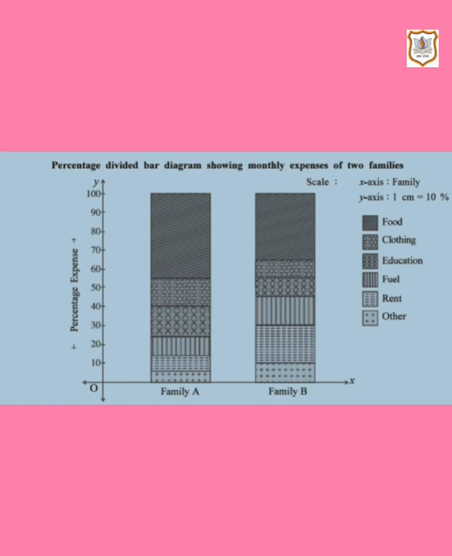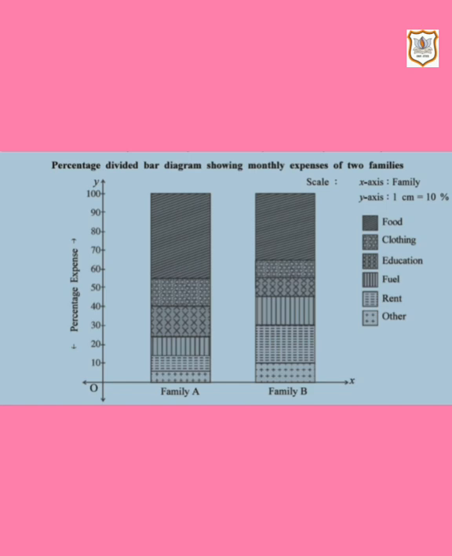Then the split up for fuel, that is 14. 24 minus 10 is equal to 14. We have to mark 14. That comes above 10 and in between 10 to 20. It is marked above 10. Then the split up for rent is 5. So 5 comes below 10 and that is marked over there. The remaining is other expense, which is marked with the dot. You can see in the graph of family A. So this way we have marked all the split up numbers in the graph, and the family A graph is ready. The percentage divided bar diagram for family A is ready.